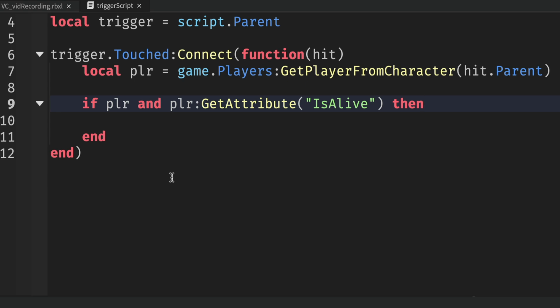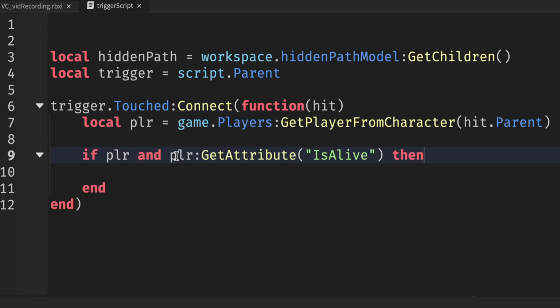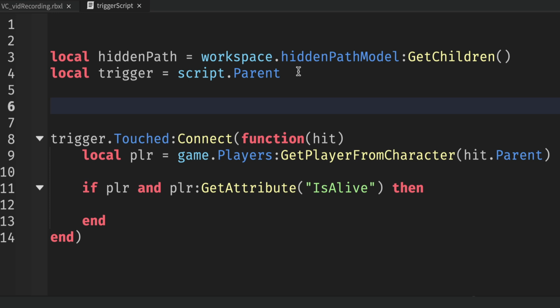Right now, when we reveal the boxes, it's going to take a little bit of time, so we're not going to reveal them all at once. We want one to appear and then the next one. So for that reason, we'll create a function up here to do that for us. So outside of our trigger, just drop a couple of lines here and we'll create a function. So local function show path